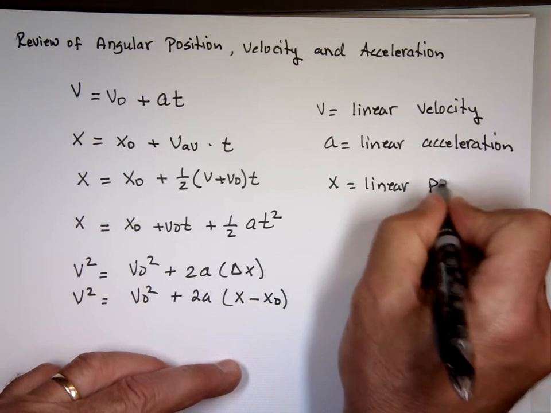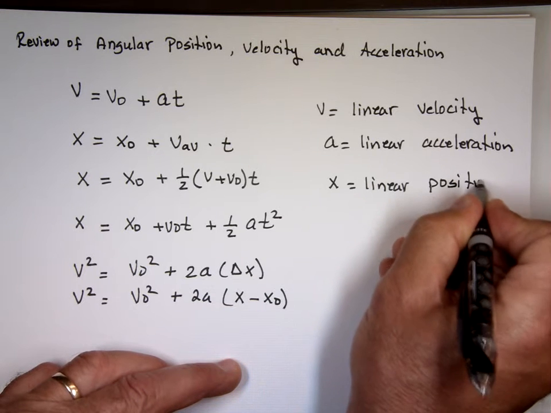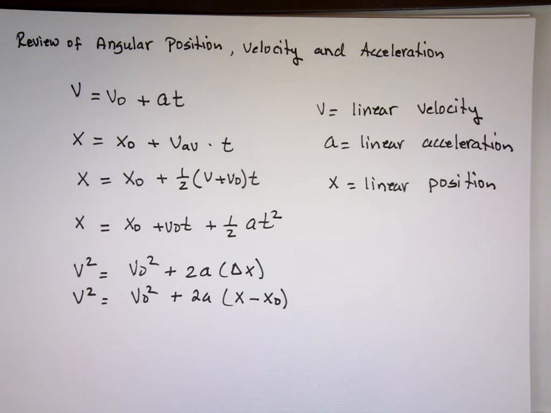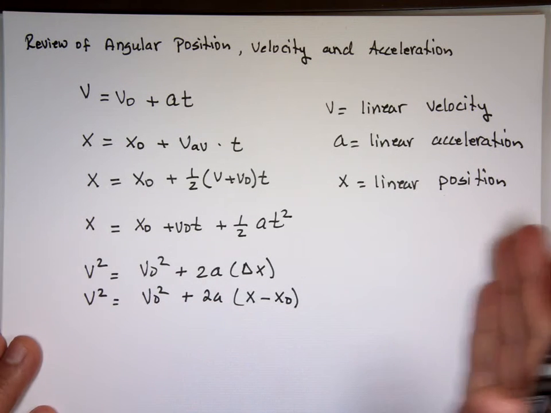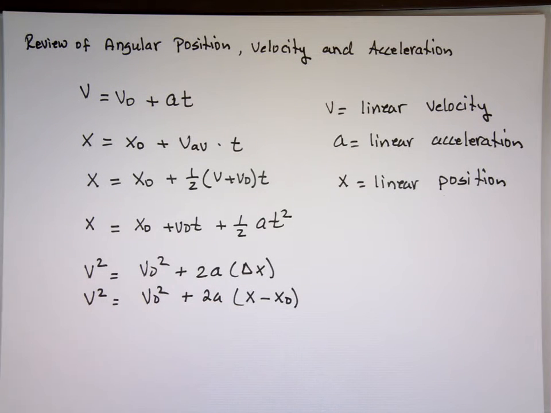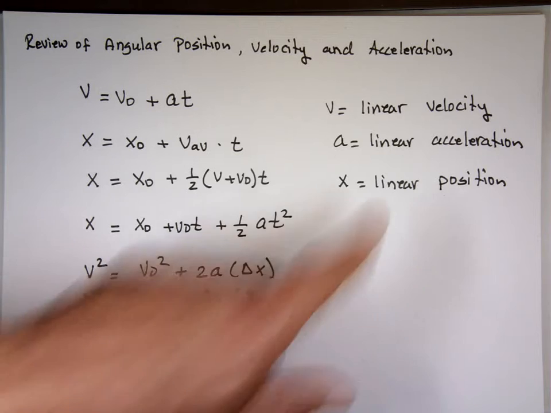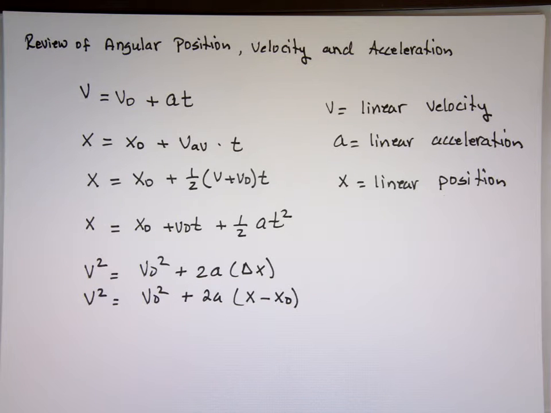How far did you travel? A plane touches the runway, is going to slow down, come to a complete stop. You can see the distance traveled, 5,000 feet, 4,000 feet before it stopped. That's your linear displacement. How far did it go? Linear acceleration, if it's slowing down, the acceleration is